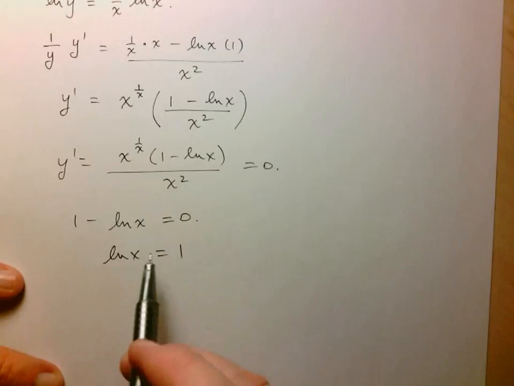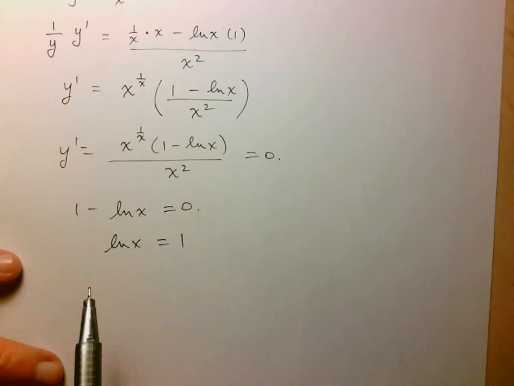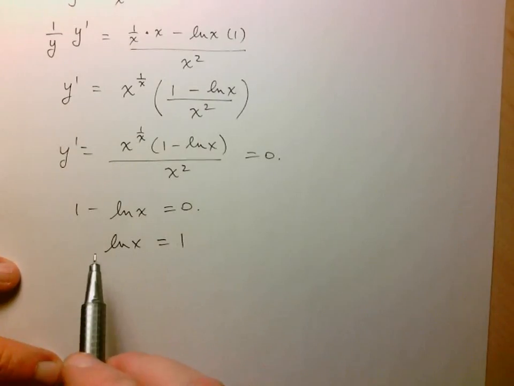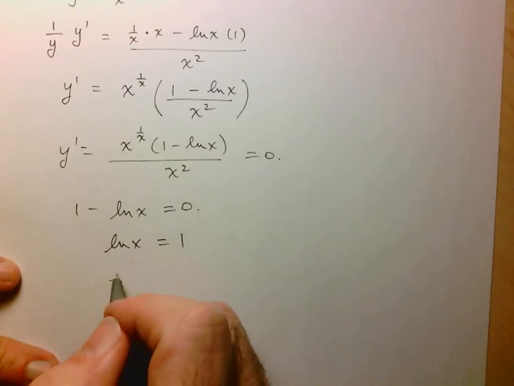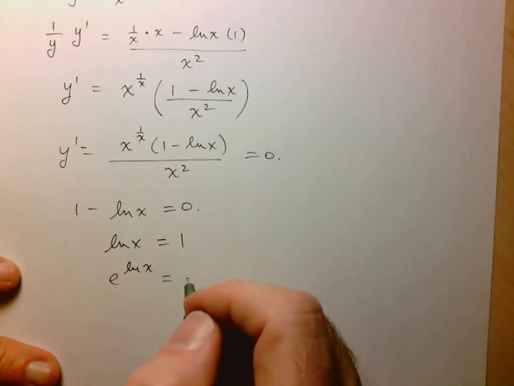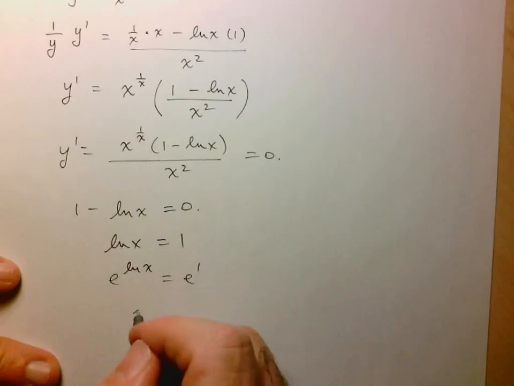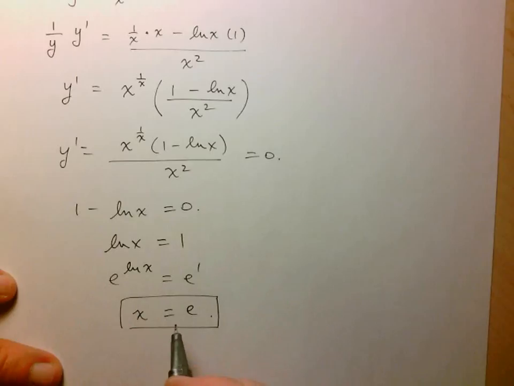Now hopefully you should know that this is going to occur when x is equal to e, but just in case you don't think of that, you can always actually solve this. So how do I get the x out of the natural logarithm? I use its inverse function, so I take e of both sides, and this just becomes x equals e. And so there you have it. This function here will have a horizontal tangent at x equals e. Okay, that's it for this one. By the way, if you want to check it out, you should graph it on Desmos and